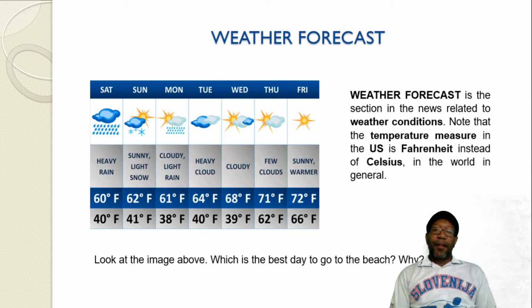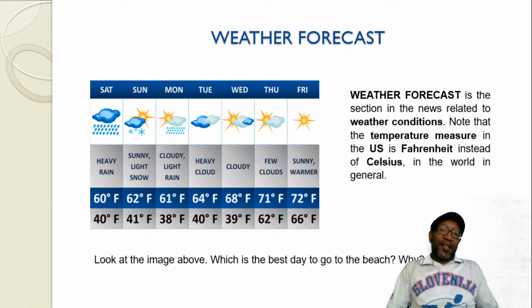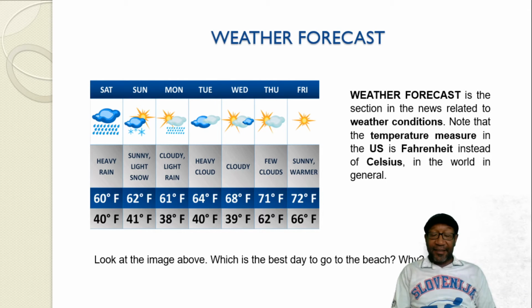day. Note that the temperature measure in the US is Fahrenheit instead of Celsius in the world in general. So the United States always wants to be different. Instead of using Celsius that most of the countries use, they use Fahrenheit. Okay. And as you can see, this word Fahrenheit is used a lot in cultural products in the United